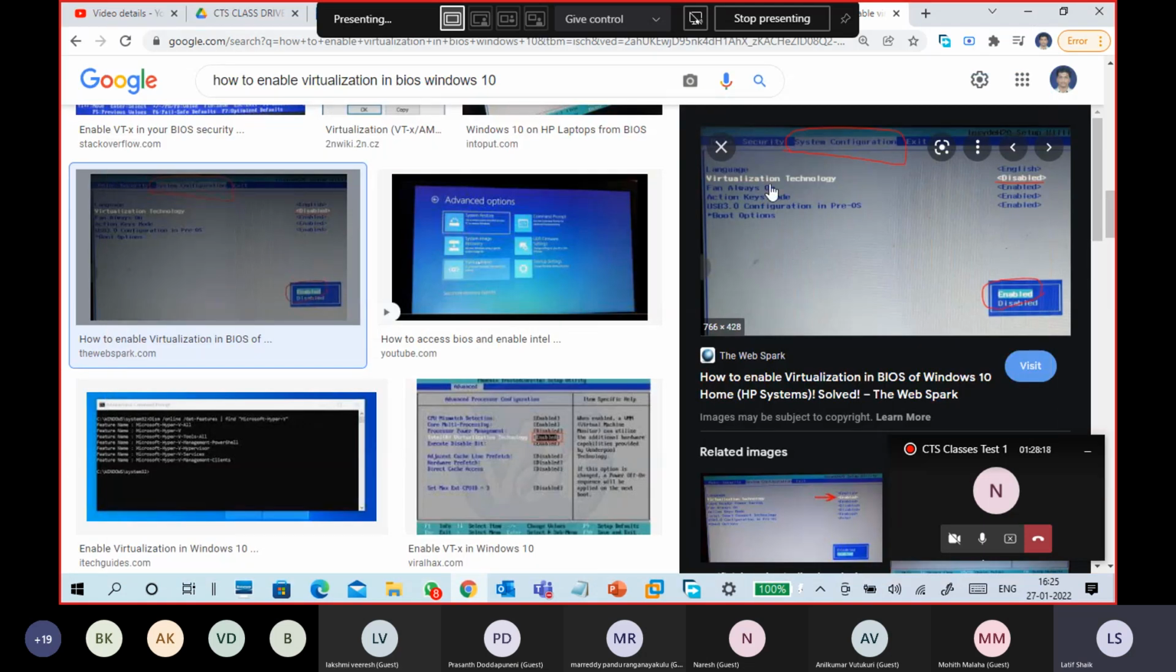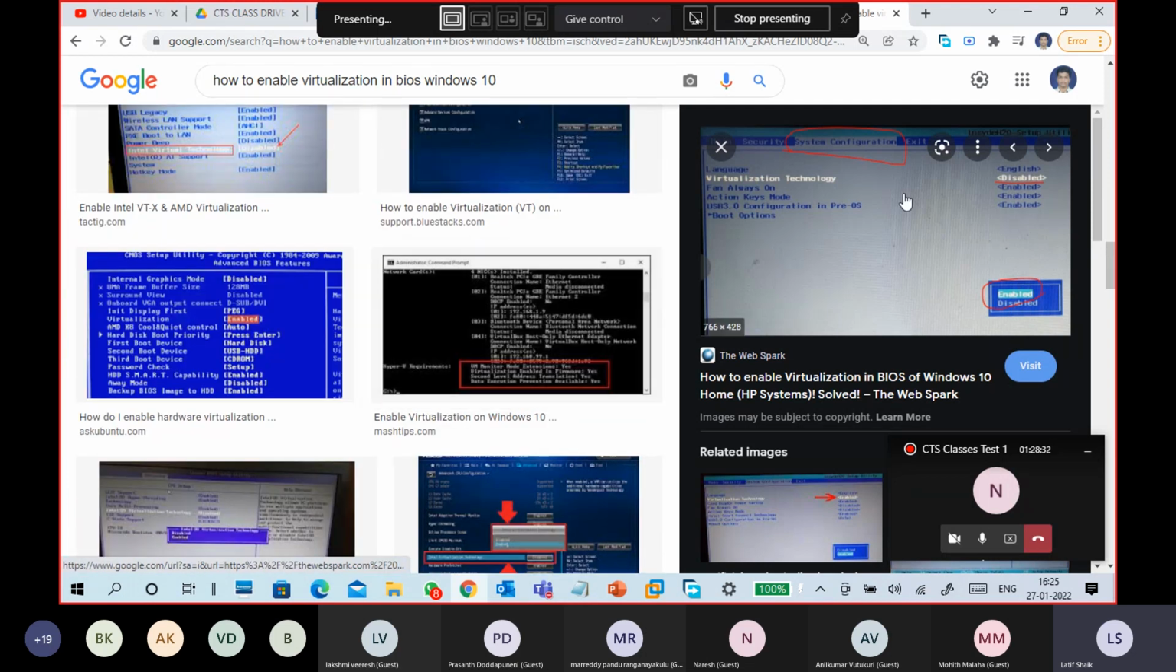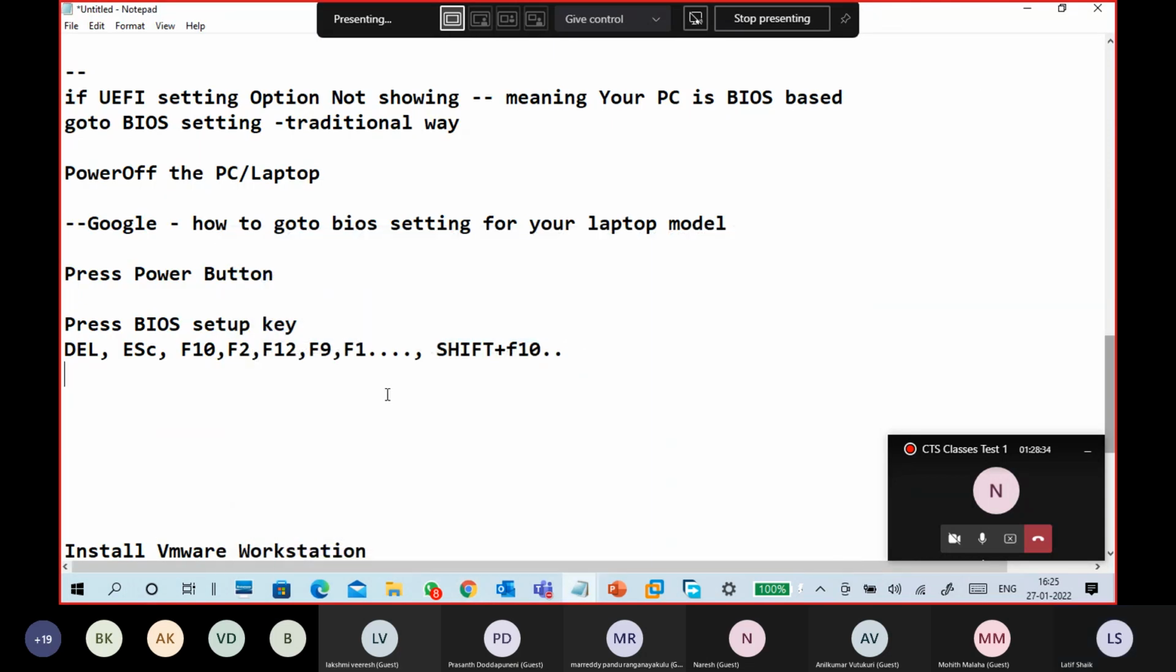Okay, so her laptop system is like this one. Virtualization technology is showing disabled, right? So change it to enable. Just press the enter button. You'll get options. Use the up arrow and down arrow, select the option and press enter. And once you've changed it,